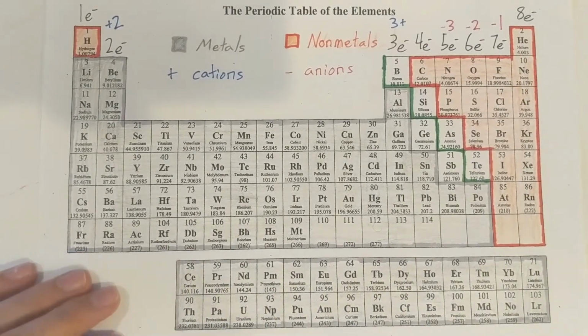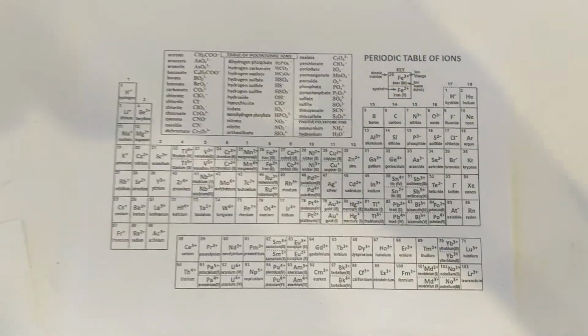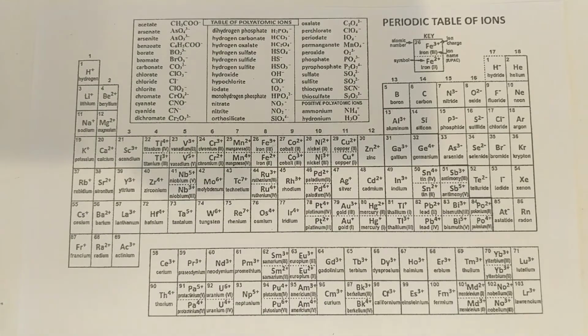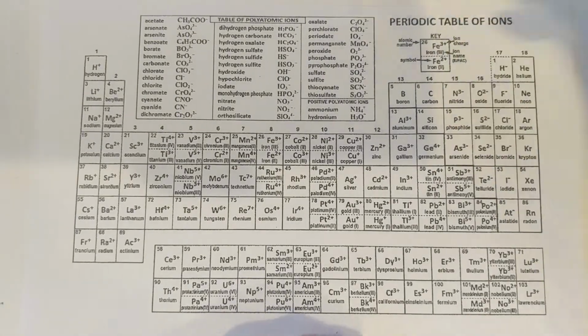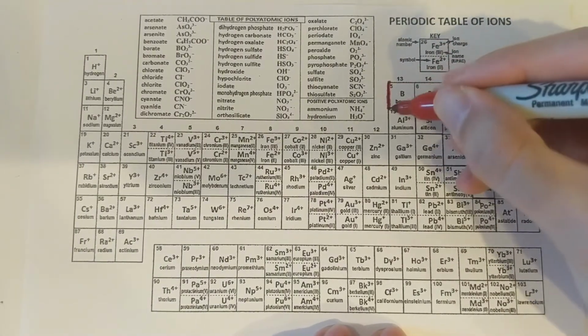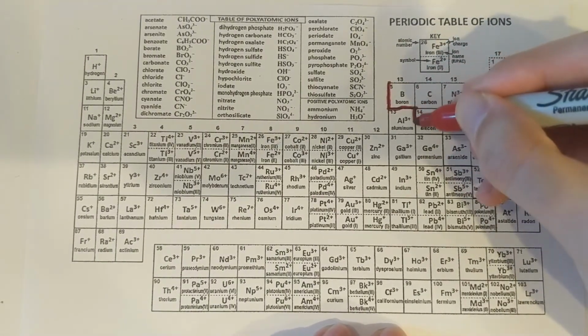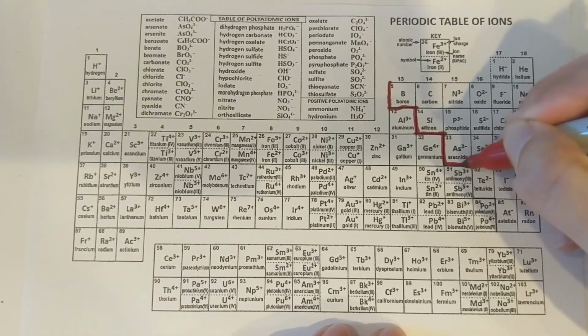So we can take a closer look at a different periodic table. I'm going to have to zoom in a little farther on this one. We're going to take a look at this periodic table here, which has the charges of all the ions for that specific element. The first thing I'm going to do here is draw my staircase separating my metals and nonmetals, and you'll see why. Or you may already know why. Once we separate them with this staircase,